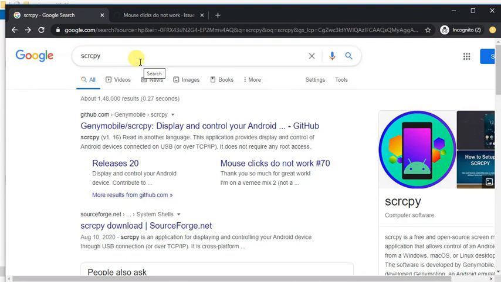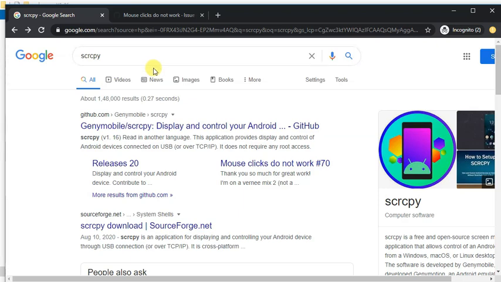Hello everyone. In this video, we are going to see how to connect mobile to a Windows laptop PC via USB cable. In this way, we're going to see our Android mobile screen in our Windows, and we can navigate the Android screen using our Windows mouse click itself.